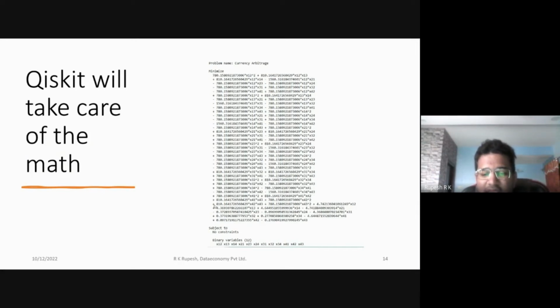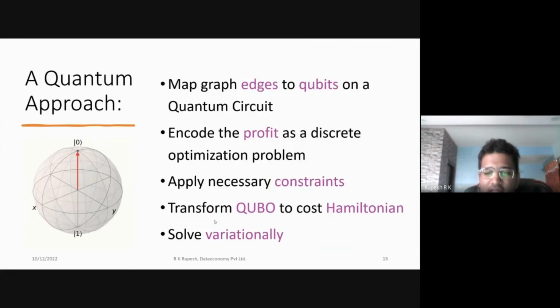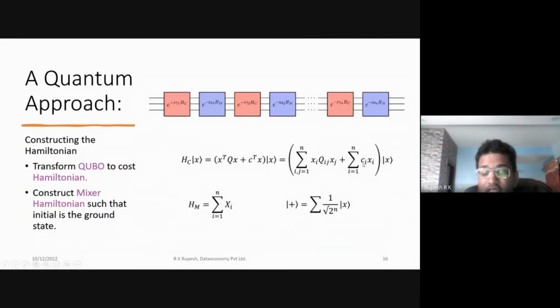We extract these quadratic terms as well as the linear terms and store them in two matrices called the Q matrix and the C matrix. C is a vector, sorry. So Q is the quadratic term and C is the linear terms. What we have here represents the net cost function. The quadratic term is multiplied with x and x, so this is a matrix, and we have x transpose and x acting on it, and then the linear term acting on x. This essentially is what our cost function initially is.